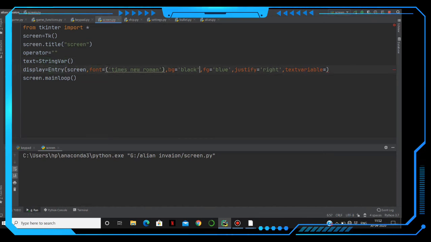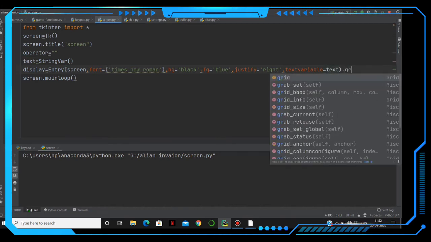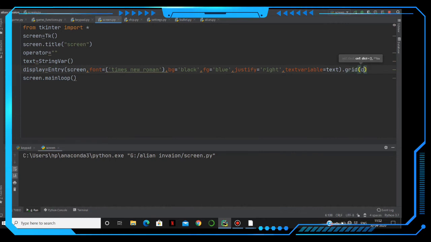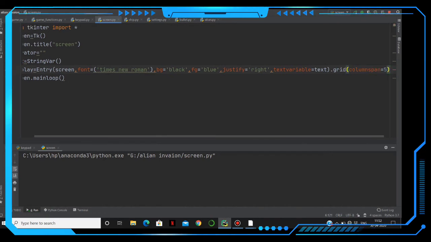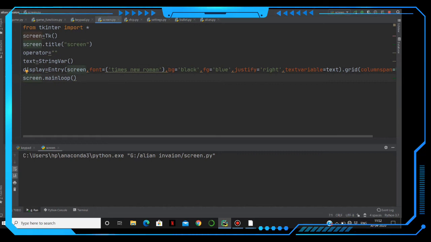And then we have to call the text over here, and then we have to use the grid here using the column span that is equal to 5 column span. Let's see the output here.